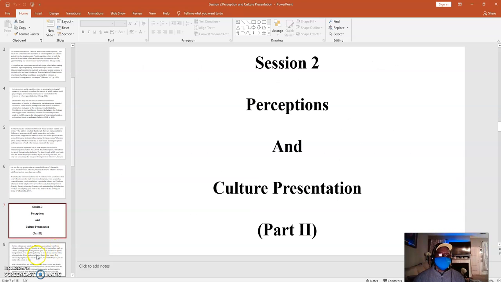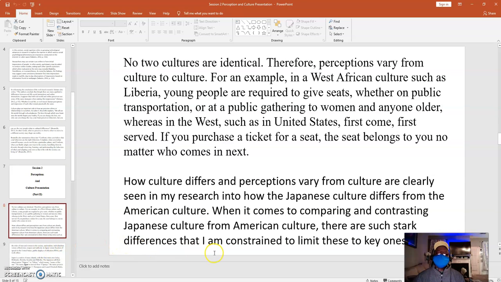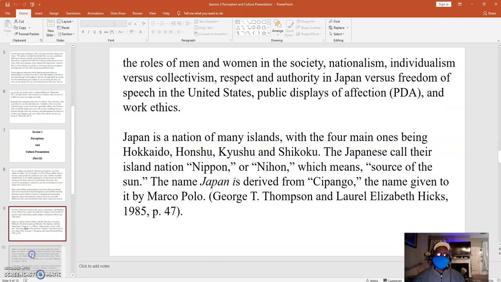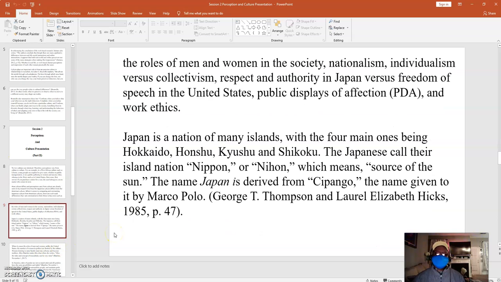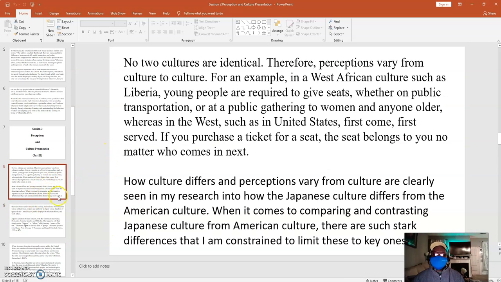So session 2 has to do with culture, and we will select a different culture that we don't know about and compare and contrast with American culture. So I chose Japan, and it's really unique. Japan is a nation of. First, I'll go back here, and because there are so many differences between the culture of the United States and Japan,